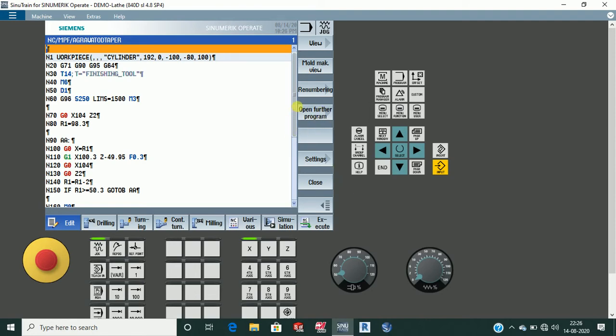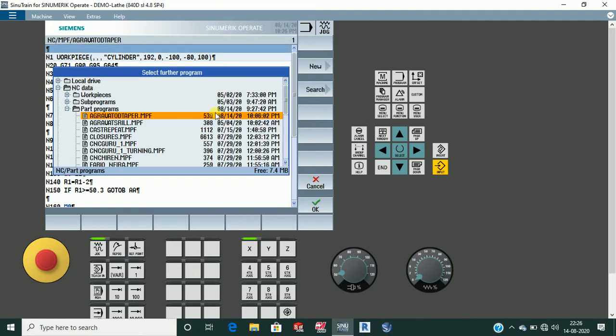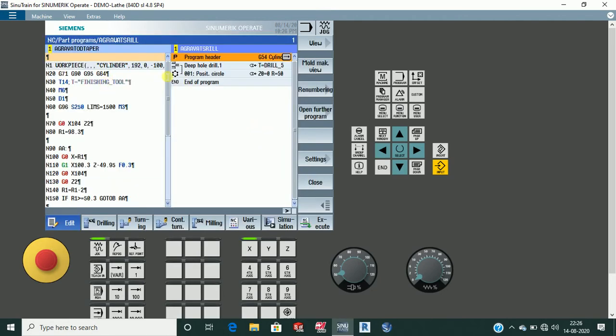So it's written open further program. We'll click next program and see, the two windows have appeared. Now the cursor is on this program, you can see the yellow. And now I'm going to press the next window button. See, the cursor comes into this program. You can move your cursor up and down. And now again I'm pressing next window, the cursor will come into this program. See. So this is how the next window works, and how to cancel it.